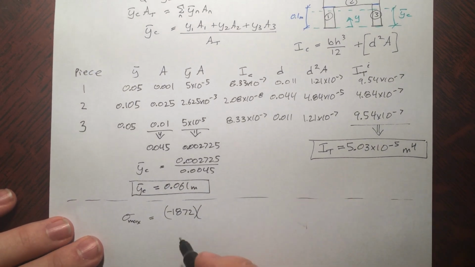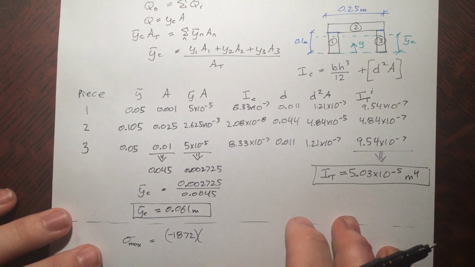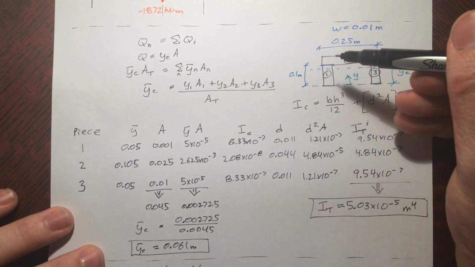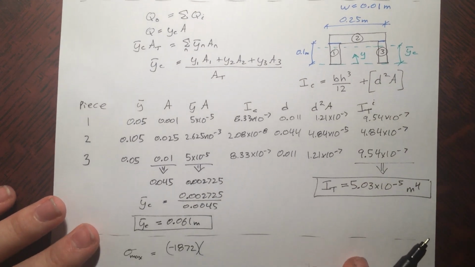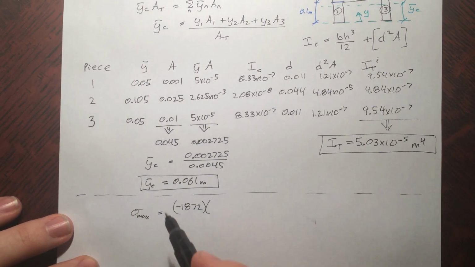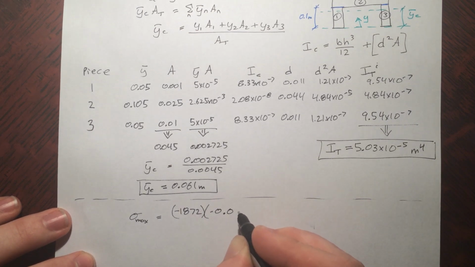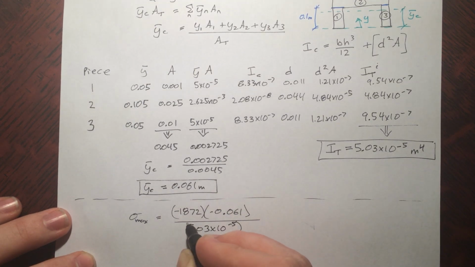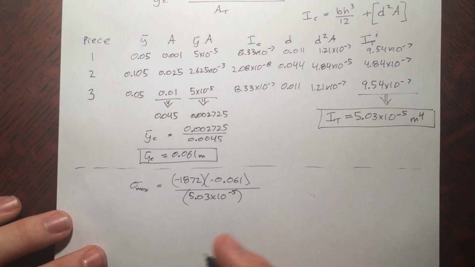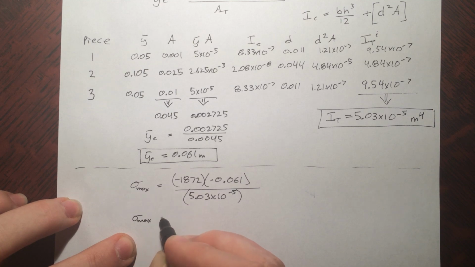And then we also need to take into consideration the distance away. Alright, so the distance away, in our case, is going to be the distance from the centroid to the bottom or to the top. So the distance from the bottom to the centroid is bigger, so that's going to be a negative y value. And it's just going to be this value here. Alright, I left the negative in. I could have taken it out and then just said the magnitudes, but it turns out, you solve this, that the maximum value is